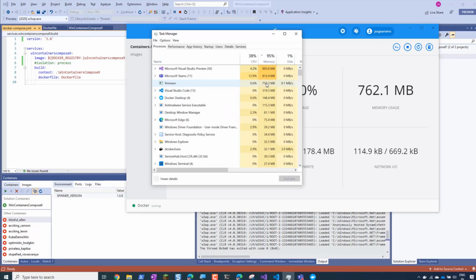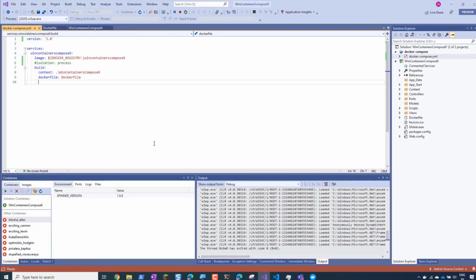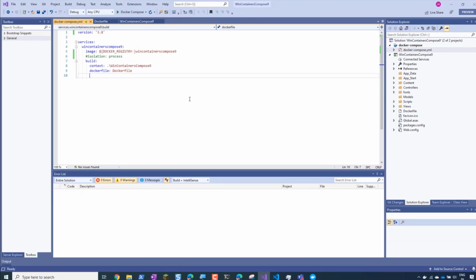And it says 753, 762, very close here. And that's how it works, Fernando. What do you think? It's a good idea to use process isolation, I think. Absolutely. To develop, I only use process isolation now, but I have a question. Can I use process isolation in production? Is it safe? I know it's efficient, but